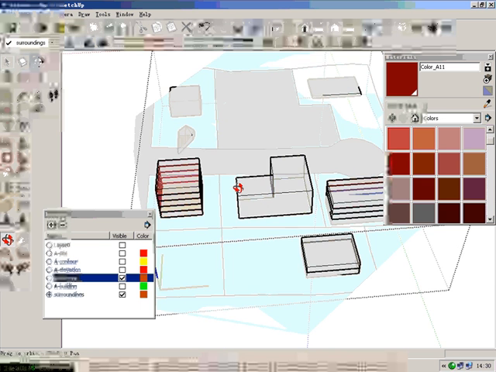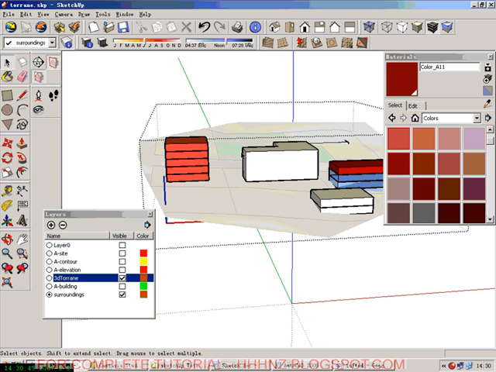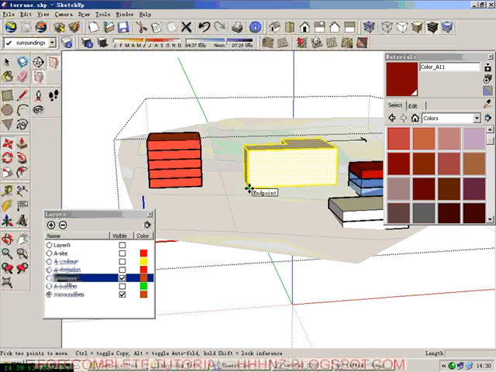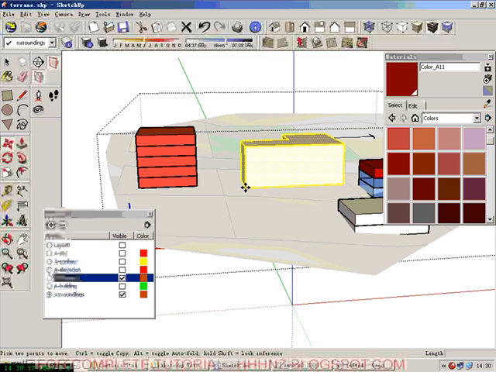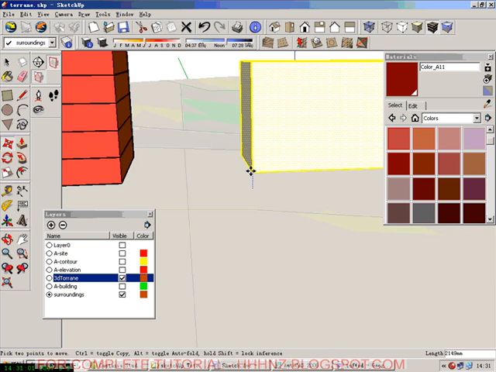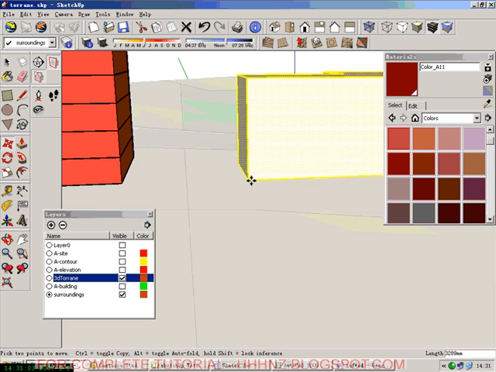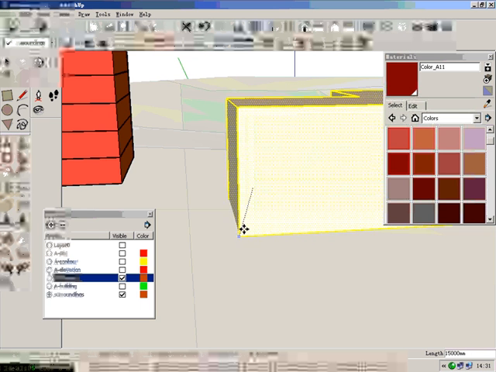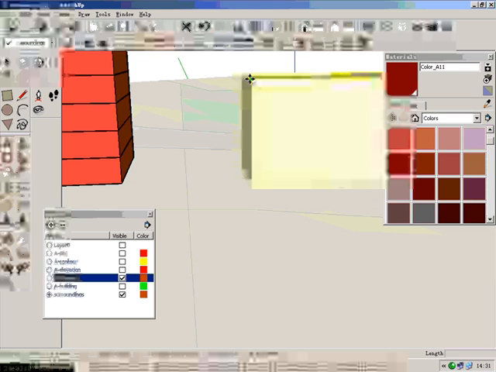It's a little bit high, so we need to move it down a little bit. So be careful, make sure it travels along the blue axis. If you find difficulty,